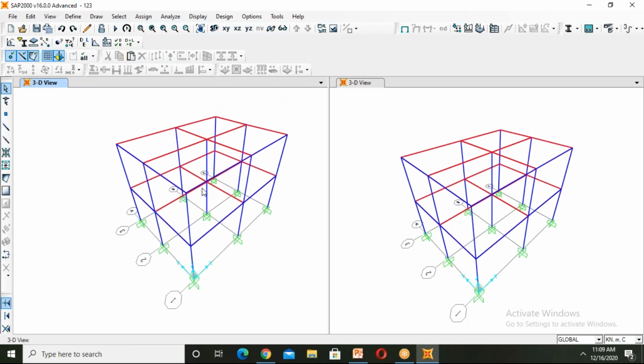For assigning the loads, first we have to select the slabs and beams, where the slab will take floor finishes load and live load. The floor finishes load is a dead load, and it will be taken